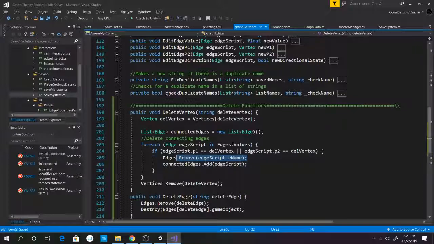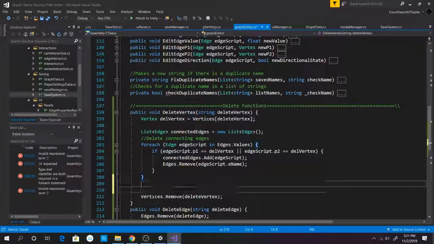I think we can. I'm going to do this one first, then remove it. Then after that,